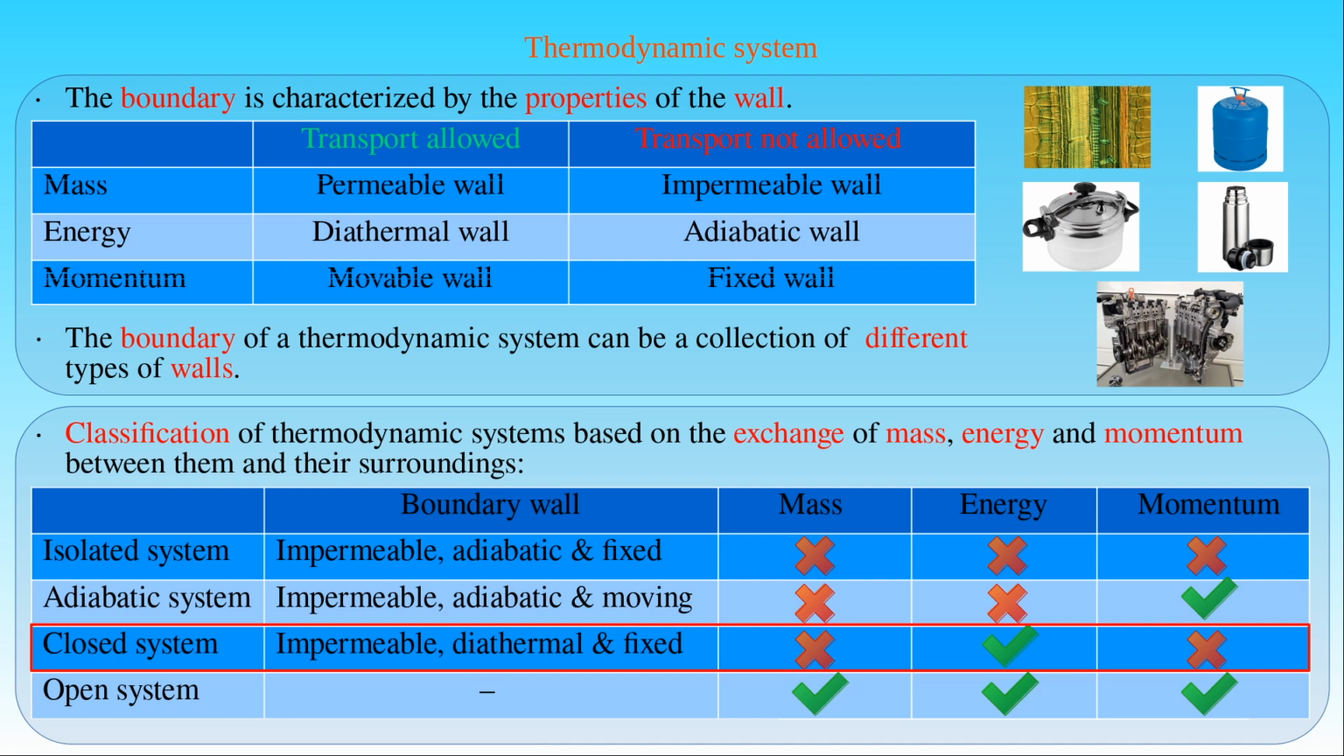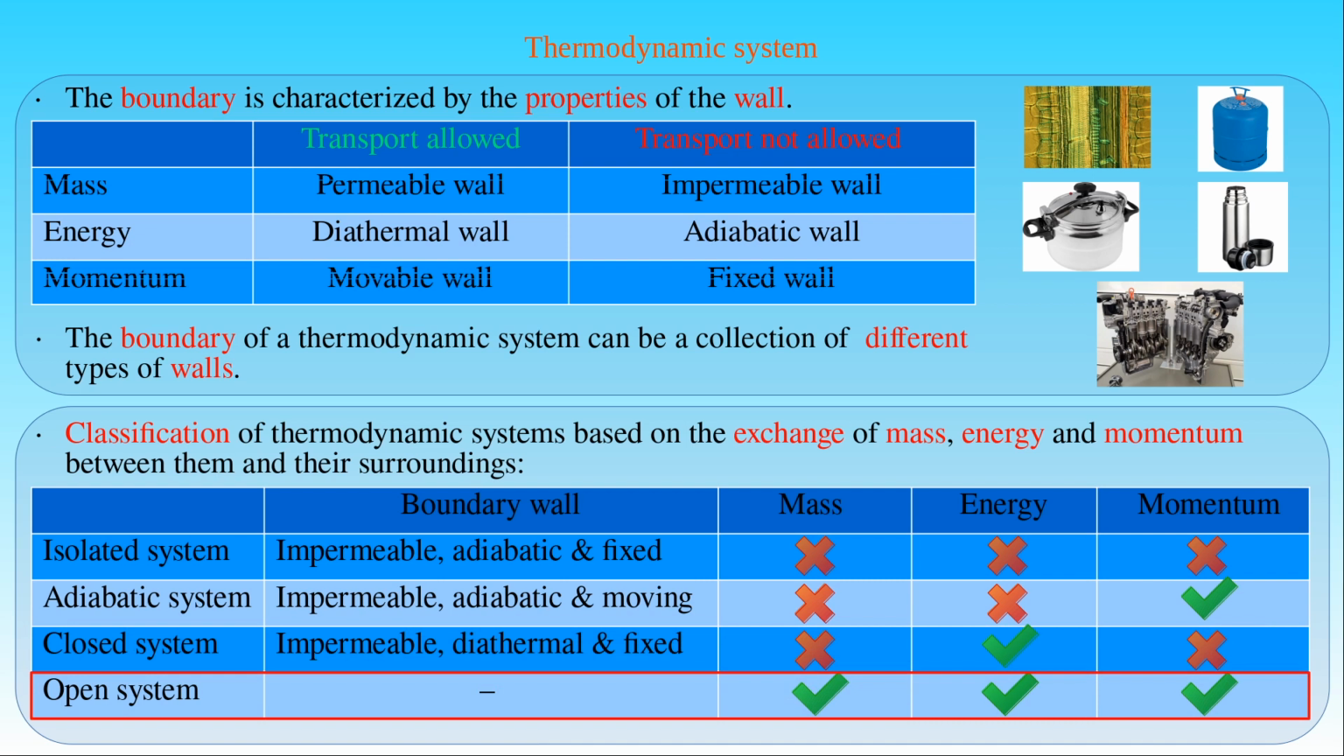An obvious example of a closed system is the food or water enclosed in a pressure cooker. The metal wall of the cooker allows the transport of heat from the oven to inside the cooker without exchanging any mass or work. The last type of thermodynamic system is the open system, which has no wall and the